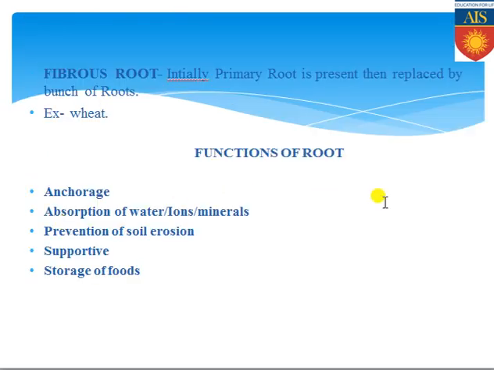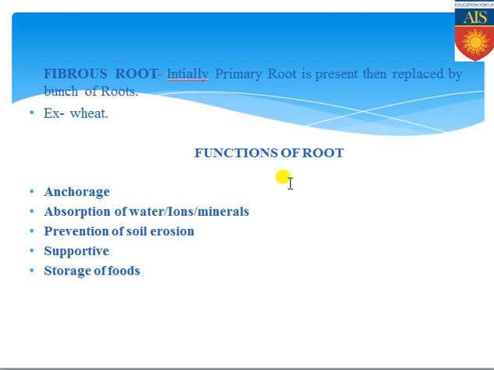Now we are coming to discuss the functions of the root. The root, which is present in every plant, irrespective of angiosperm or gymnosperm, is present for anchorage. Anchorage means these roots help the plant stand erect on the ground surface, and are responsible for gripping the soil so that the plants or trees stand properly. They are also exclusively responsible for the absorption of water, ions and minerals because they have unicellular root hair structures. For that reason those surfaces are exclusively responsible for absorption.